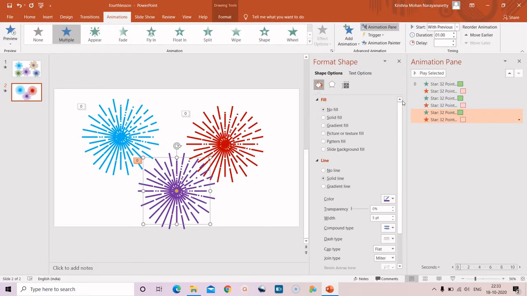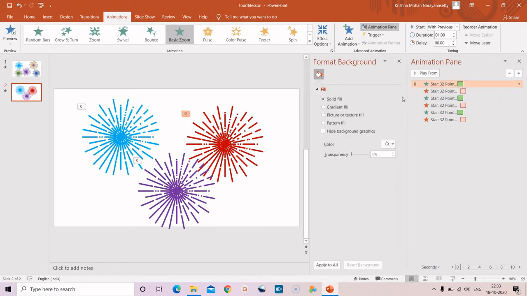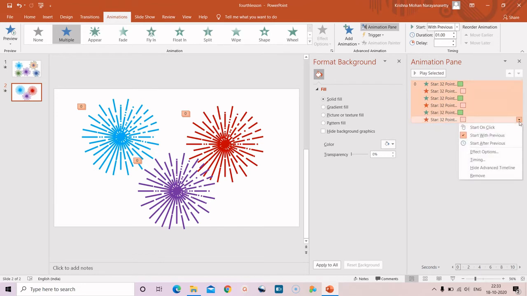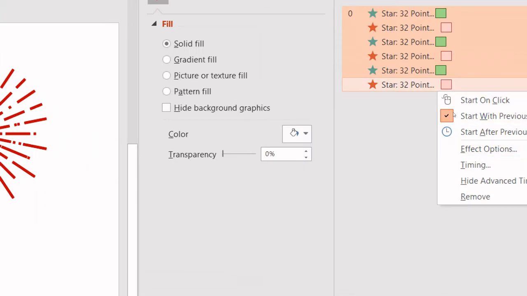Instead of that, select all this, click on first one and shift down button. So I've selected everything. I clicked on the drop down button, then effect options. Let me zoom it so that you can see it clearly.